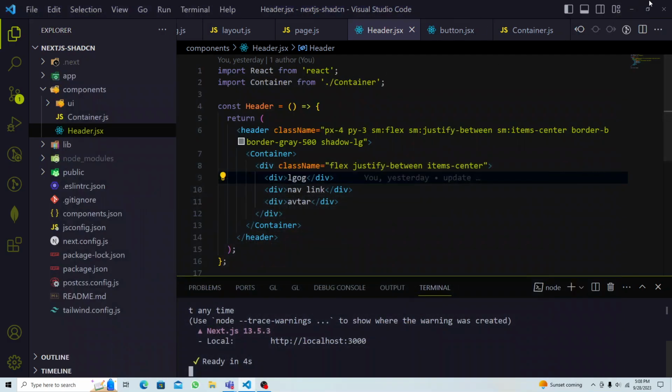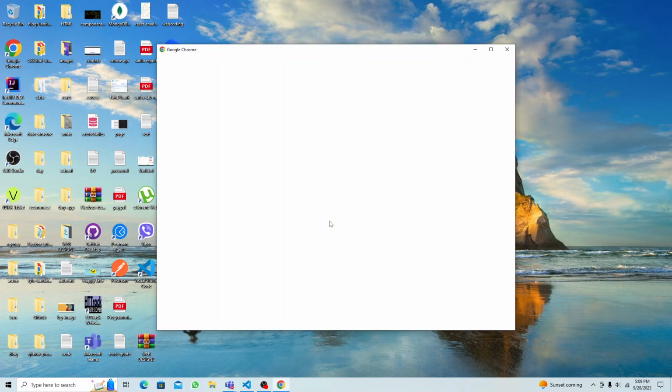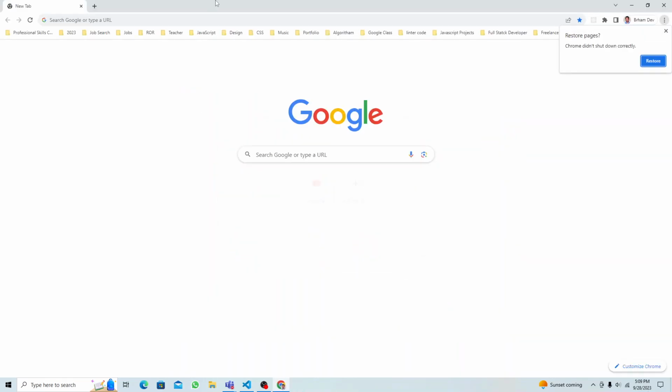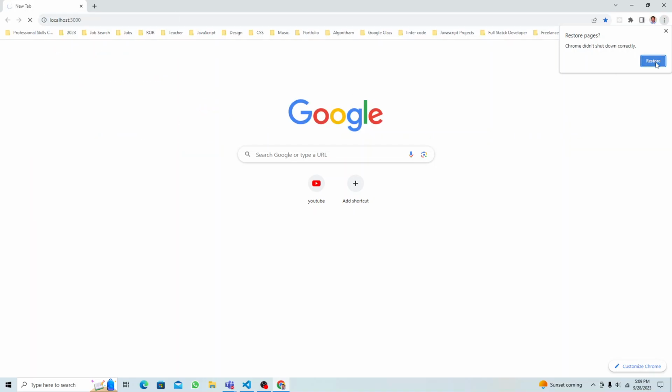All right, so if we go live view, my Chrome, where is the Chrome? Here. So you can see now, right, we have a basically simple navigation or header section, and there is three box,